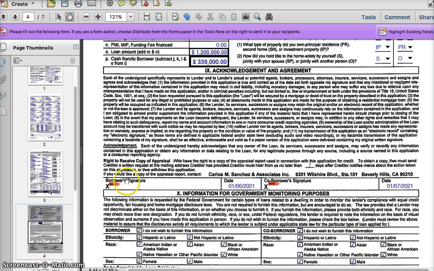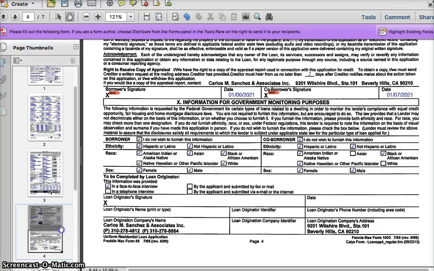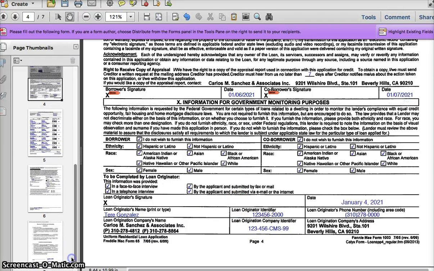There is the borrower's signature. I used a digital signature, and that's perfectly legal to use a digital signature. I have to put one in here. For these types of things, I like to use a combination. Remember before I said I like the consistency of the dates? When it comes to official signatures towards the end, I like to put in